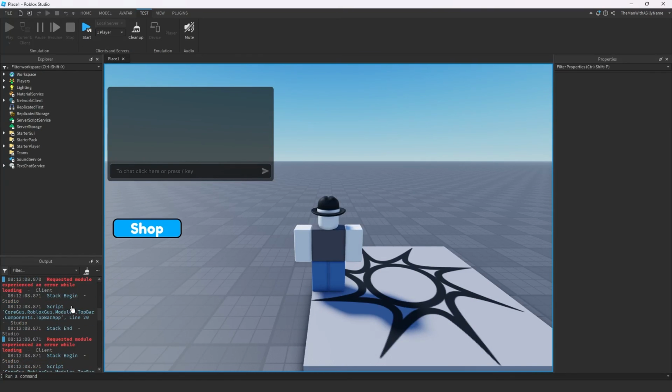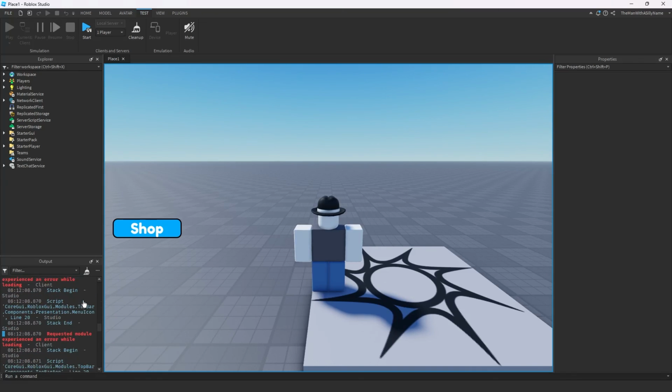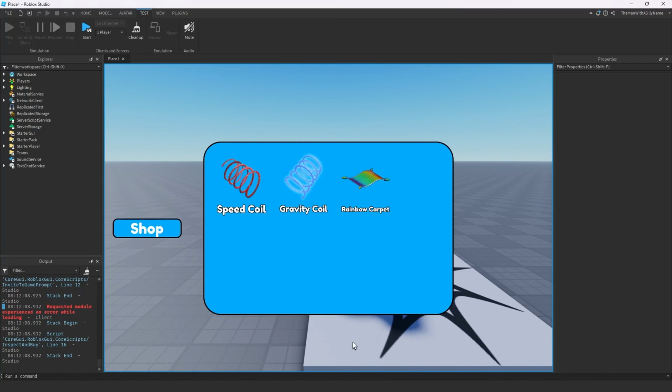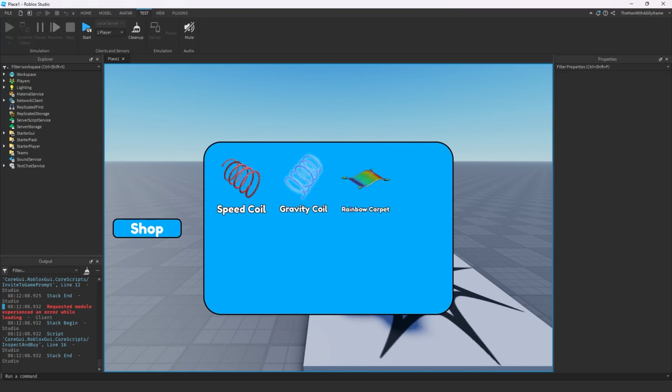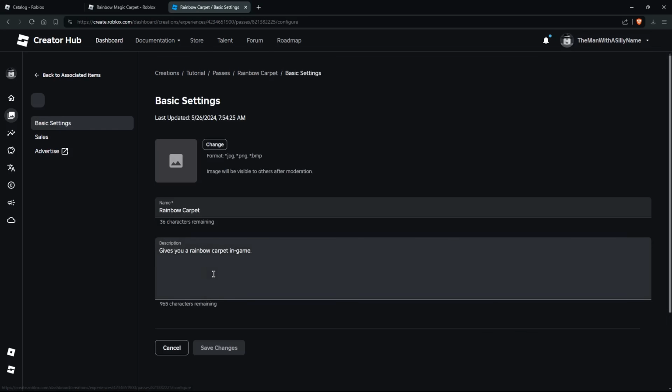Alright, so we have some errors here, but I think this is just Roblox related errors, so it's not from our script, so we don't have to really worry about it. So click on the shop, and as you can see, we didn't have the rainbow carpet here. We did in the first time I hit play, but here we don't, since we don't own any Game Passes here. So click on the rainbow carpet. Oh yeah, we have to put this on sale. So to do that, we just click on the pass